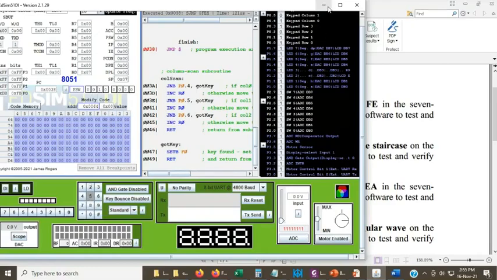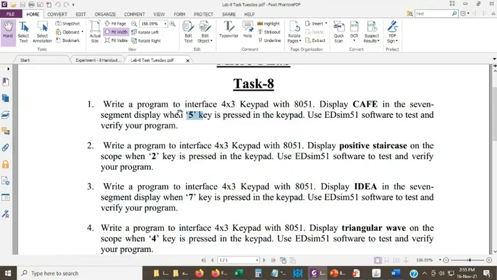So you will have to detect that keystroke, and if it is detected, then you will have to display this particular thing, CAFE, on the 7 segment. If it is unpressed, if key 5 is not pressed, then this display should go off.